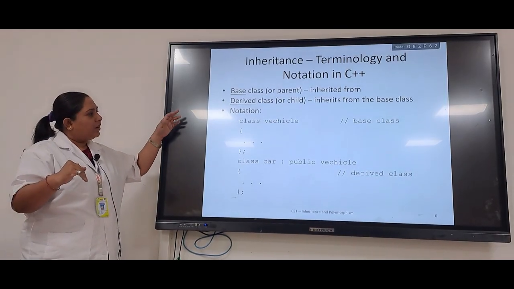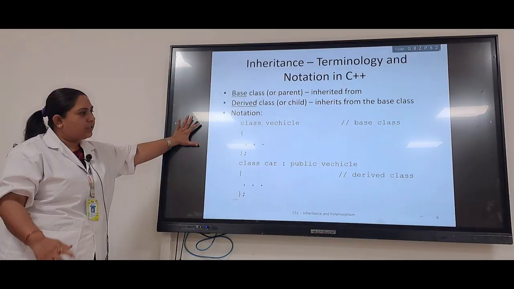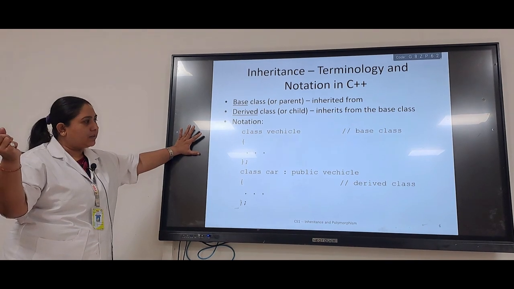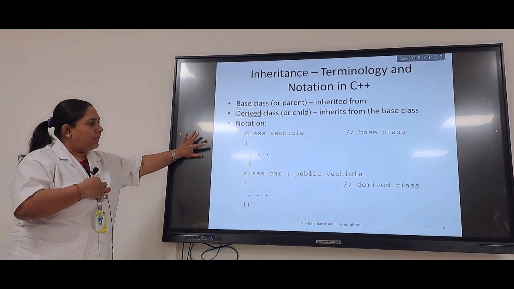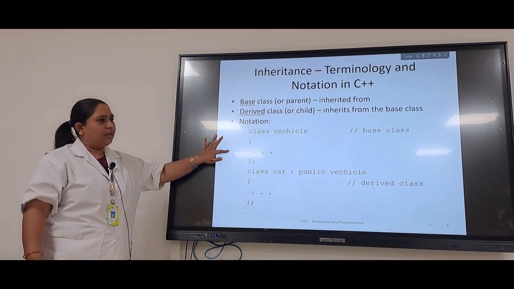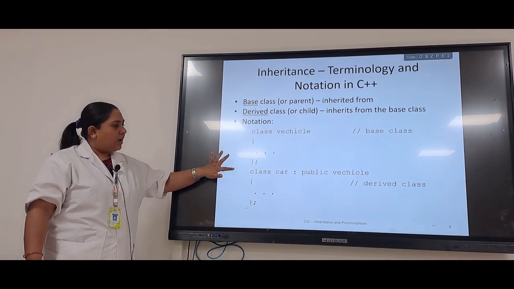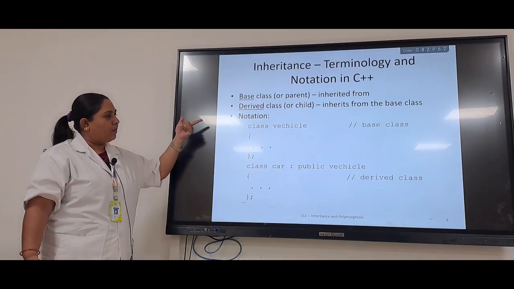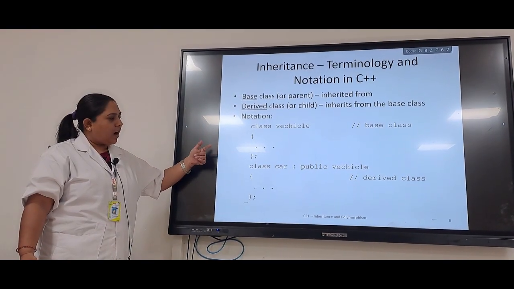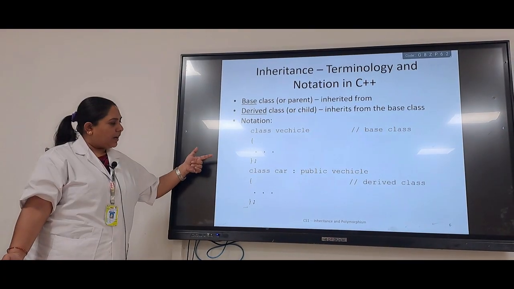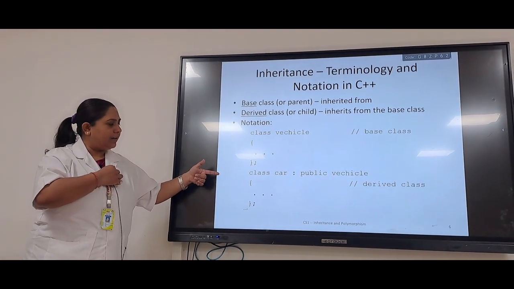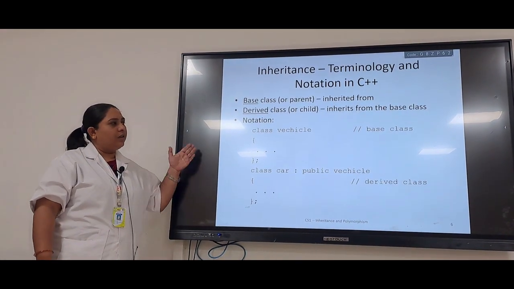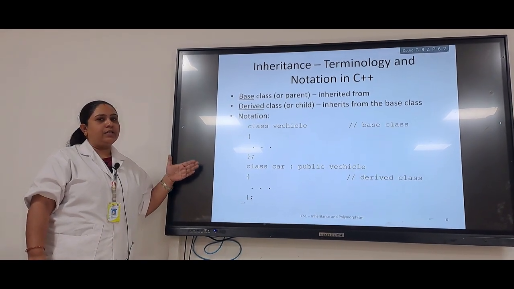As you can see, the syntax or the notation that we use, for example, I have a class vehicle which will be a base class. I open the class, and inside that I may define some methods or functions. I close my class. Another class, car, is inherited publicly from vehicle, and this class car will be called a derived class. Again I open my class, define some functions of its own, and close my class. So this is how we write inheritance in C++.